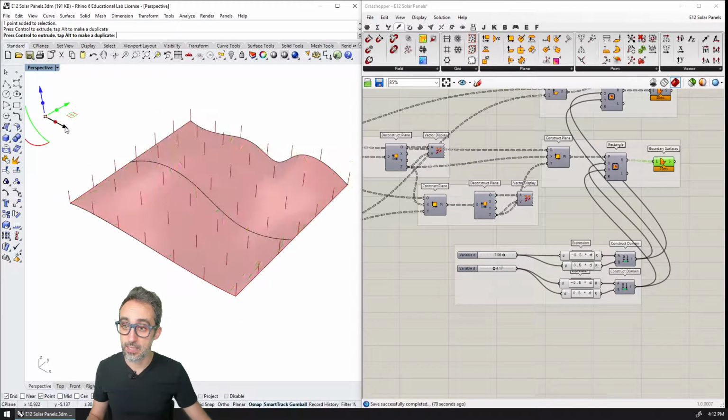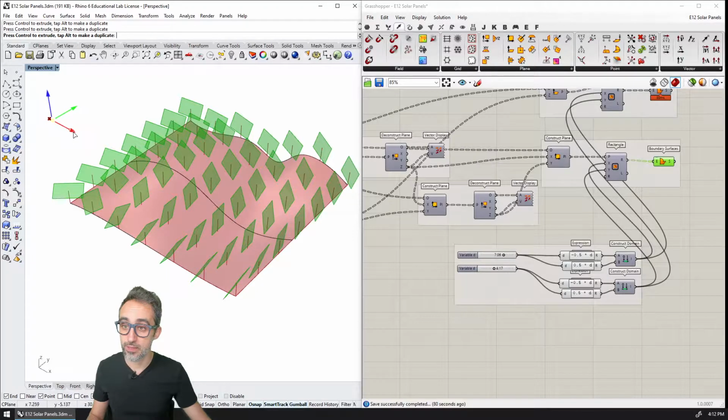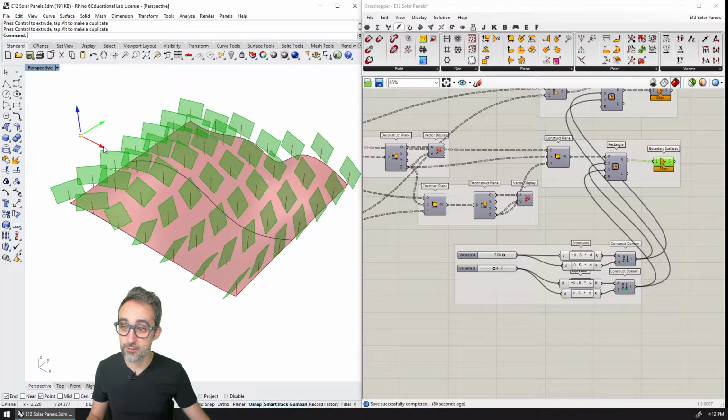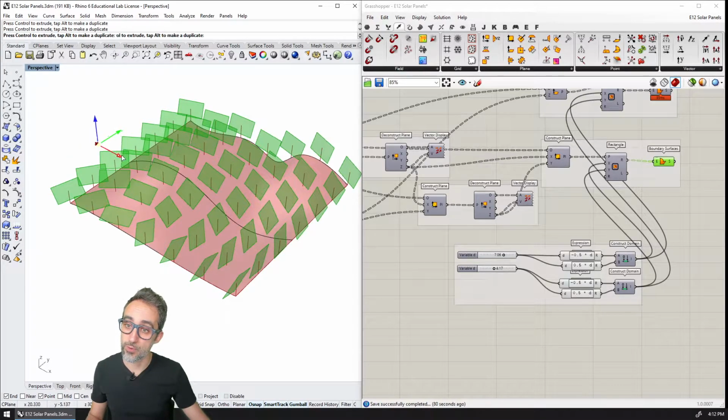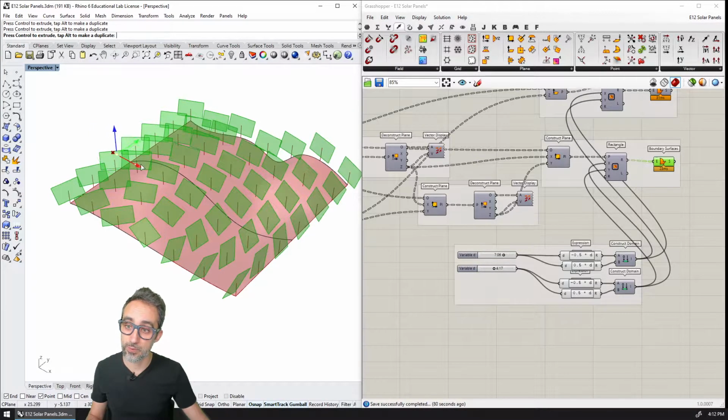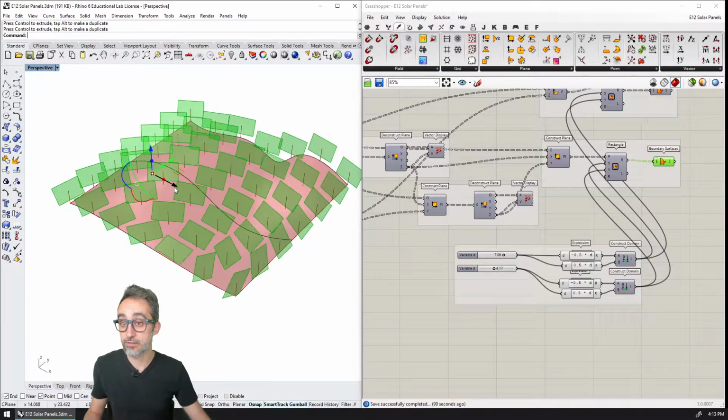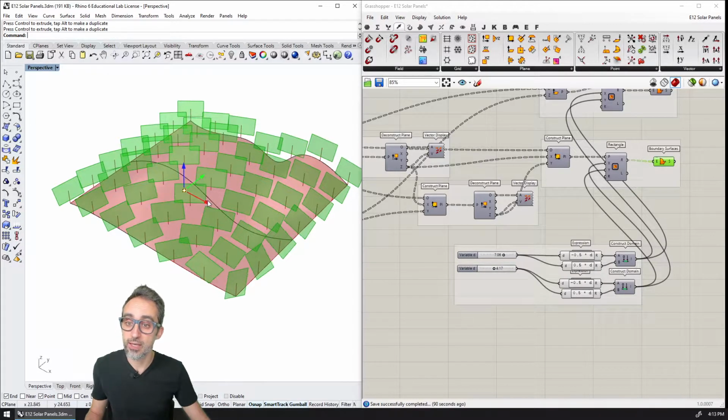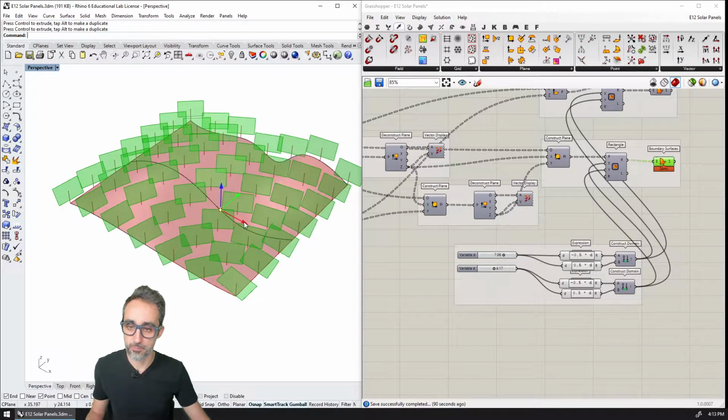So what that means is that as the sun might be changing directions over the course of the day, then each one of those panels could potentially move and reorient to be as perpendicular as possible and maximize the efficiency of how much energy they can draw from the sun.